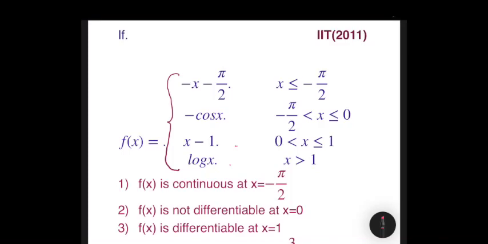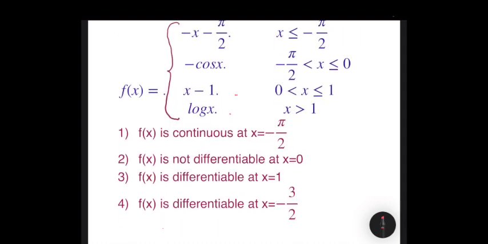This question was asked in the IIT entrance exam in 2011. Check the differentiability and continuity at different points. We explain it with the shortcut method. So first we check